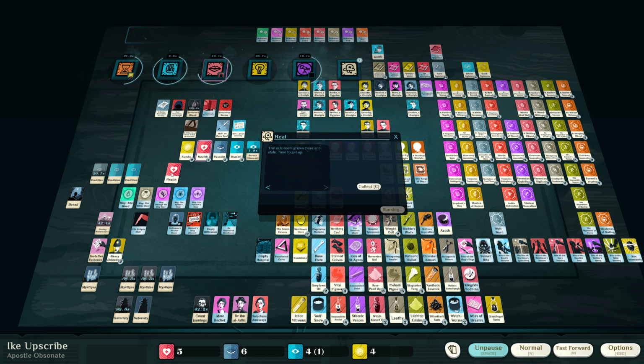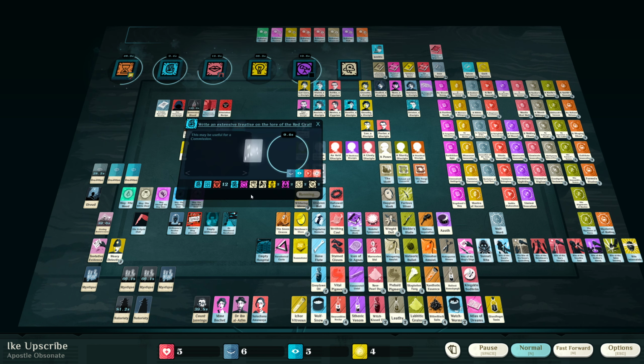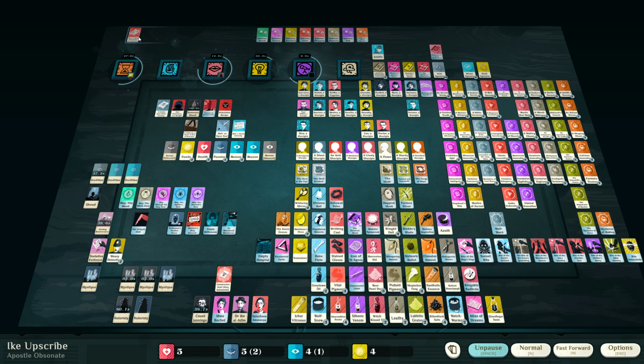Okay, the sick room grows close and stale. Time to get up. So, I was originally going to go through the peacock door. I don't think that's the smartest thing for me to do right now. We'll see if we can dodge the dread. We definitely won't dodge the dread, actually, so...